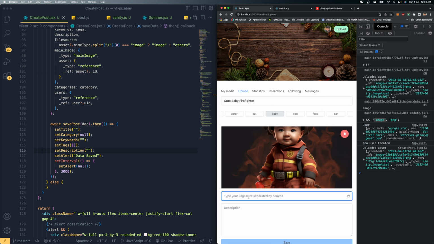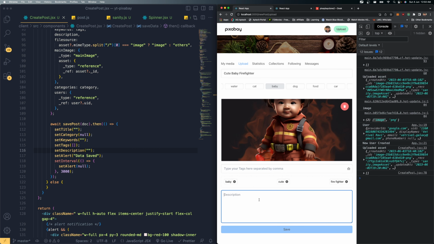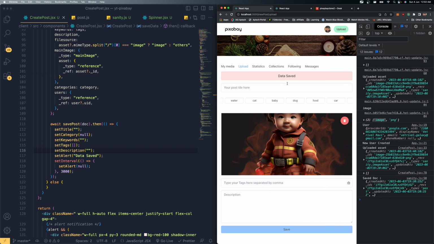And I'm just going to say baby cute firefighter. That's enough. All right, so some new firefighter, new adorable firefighter, something like this. If I hit the save, it's showing data saved,